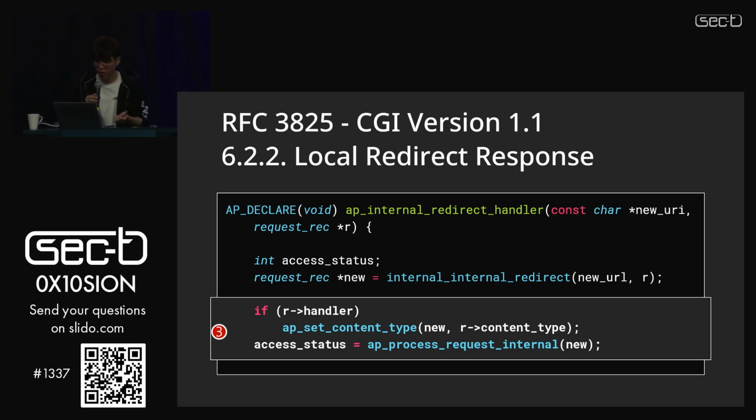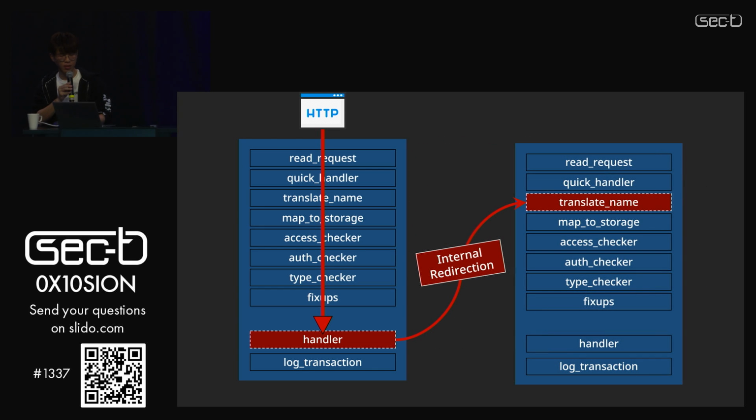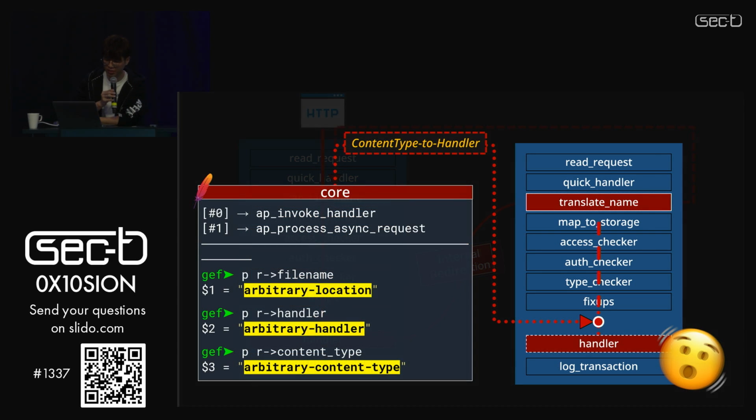The server-side redirection will first open a new HTTP lifecycle and copy the original content type to this new request. For example, if you control the response header through a CGI, that means you can control the whole content type and the status code. So when Apache sees the status is 200, it performs the server-side redirection to start a new HTTP lifecycle. In this new request, the legacy conversion we mentioned earlier will copy the content type we provided into the handler,